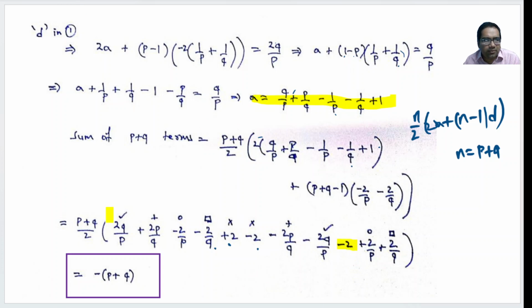So what is our formula? So p plus q by 2 into minus 2. So this 2 and this 2 will cancel out. You will be left with minus of p plus q. This is the answer. Right. We haven't done anything. This is pretty straightforward. We just use the formula of n by 2 into 2a plus n minus 1 into d. And everything became very